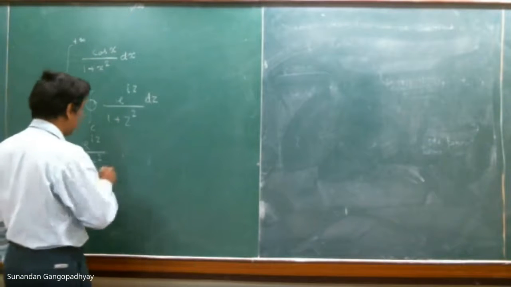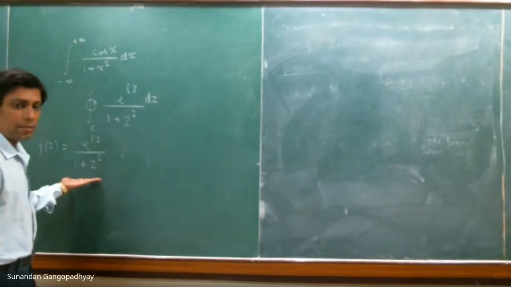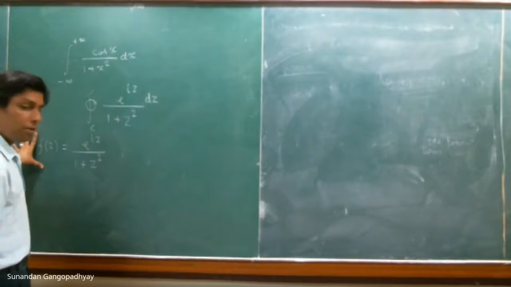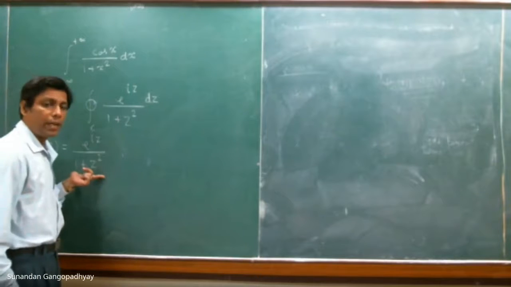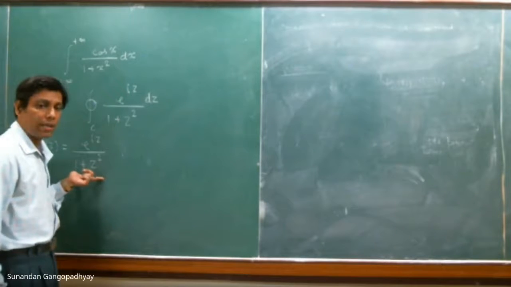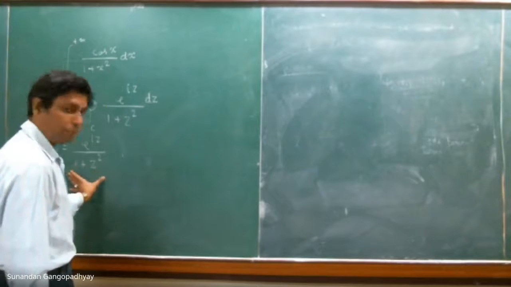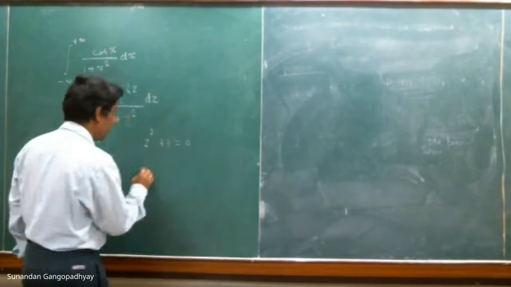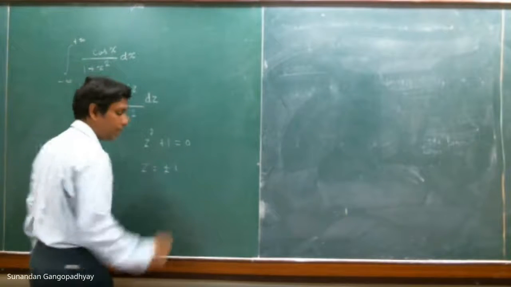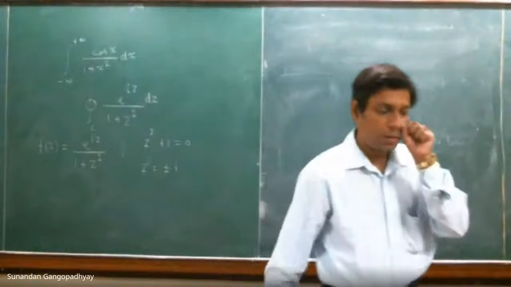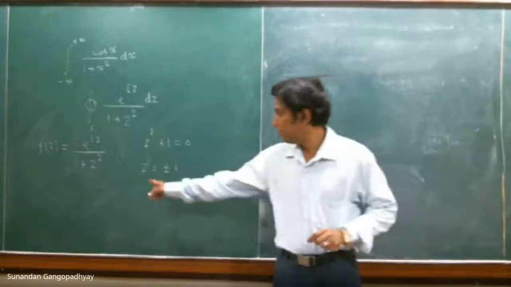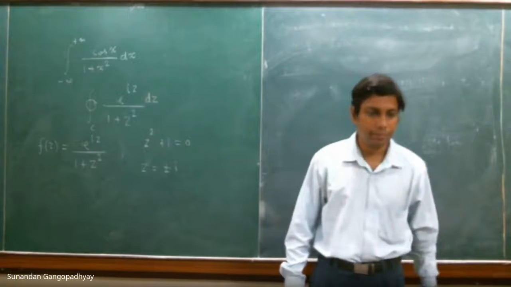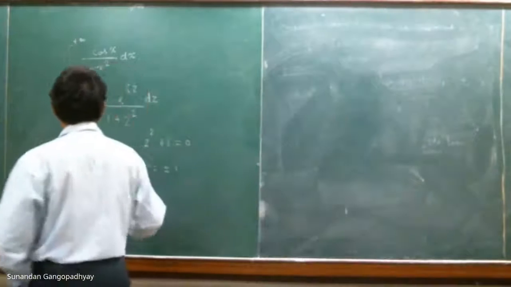And you can see that the first step is to identify whether this is an analytic function or not. How can you see that? This is not an analytic function because it has singularities, isolated singularities, which are poles. You can find the poles in the following way: z square plus 1 is equal to 0. That gives us z is equal to plus minus i. So there are two simple poles, that is poles of order 1, on the imaginary line, one at plus i and one at minus i. So this is the first step.